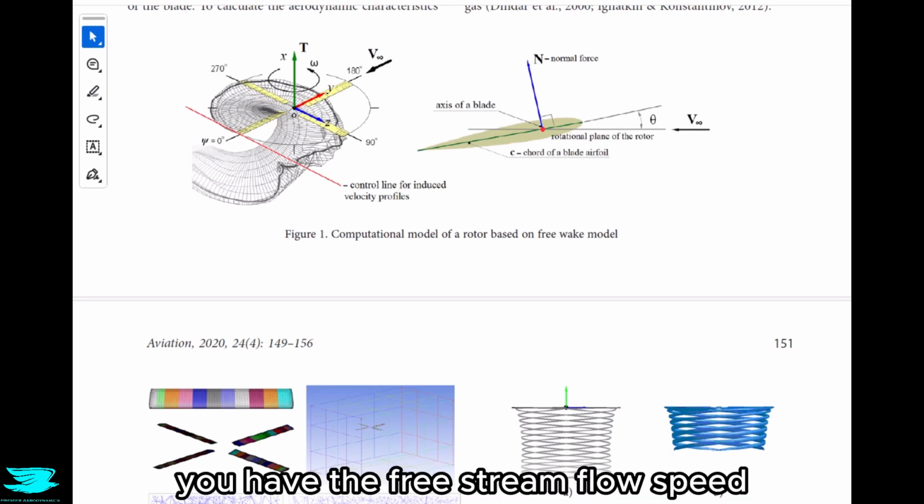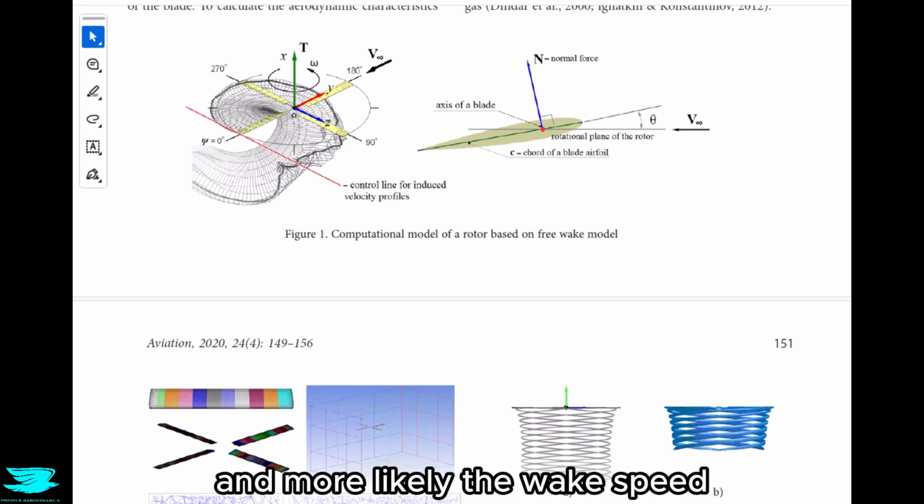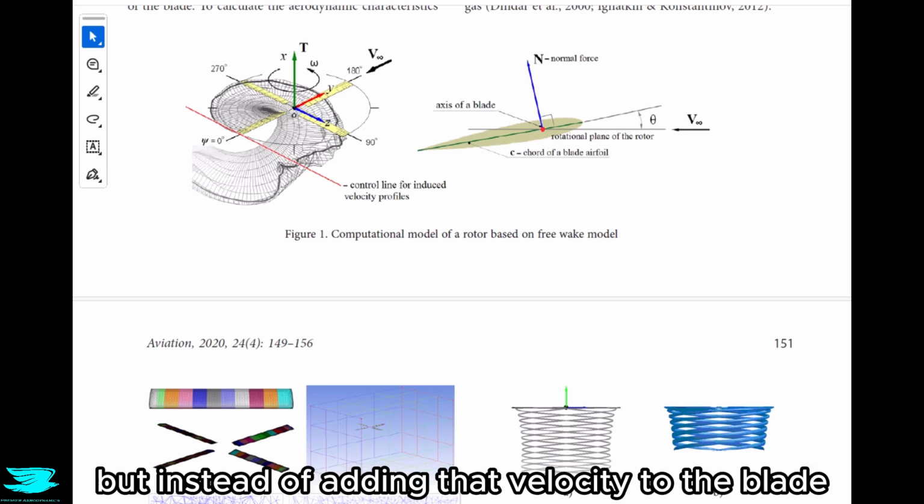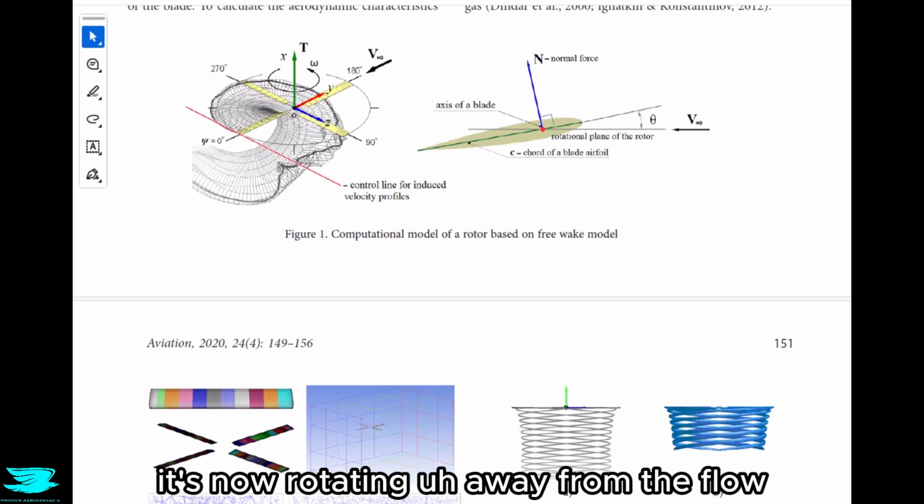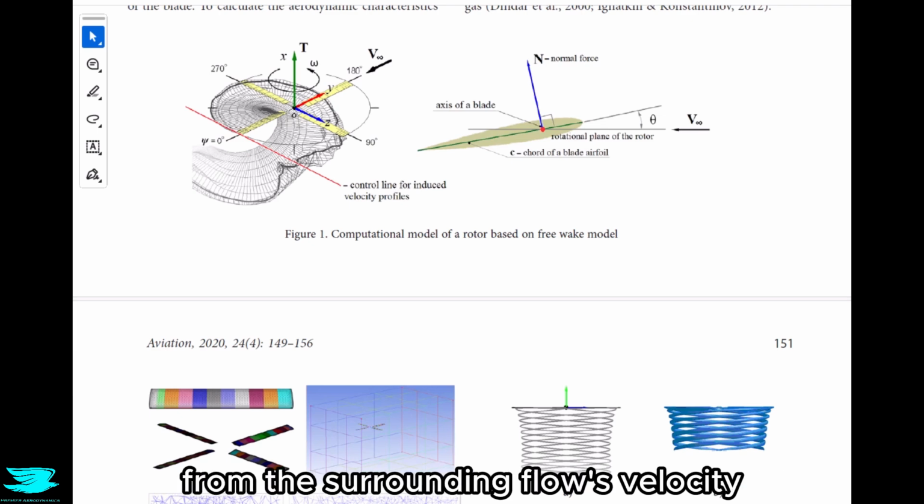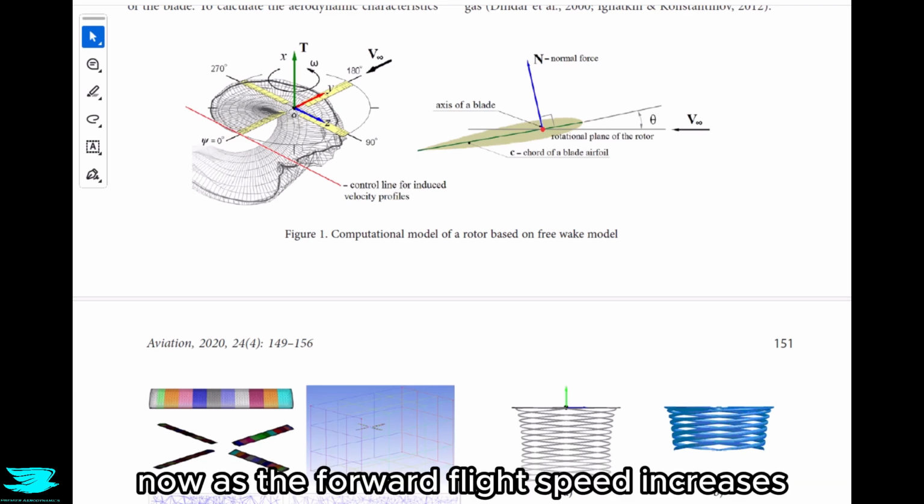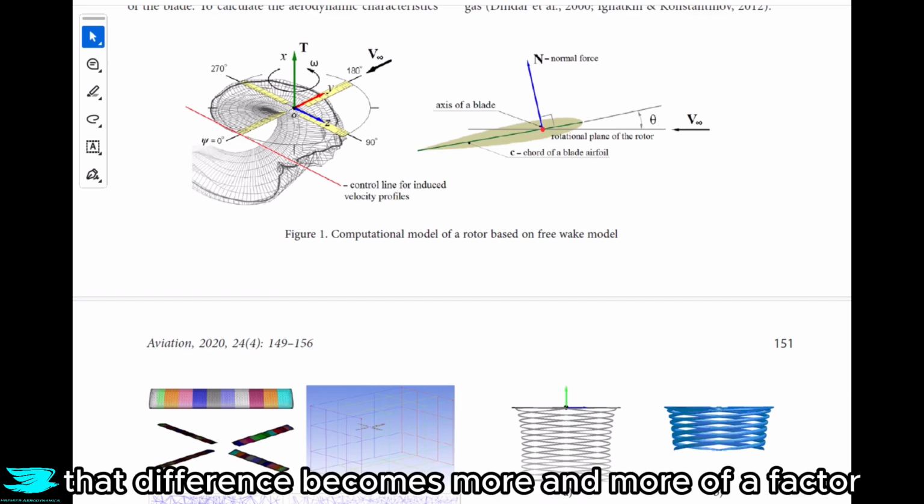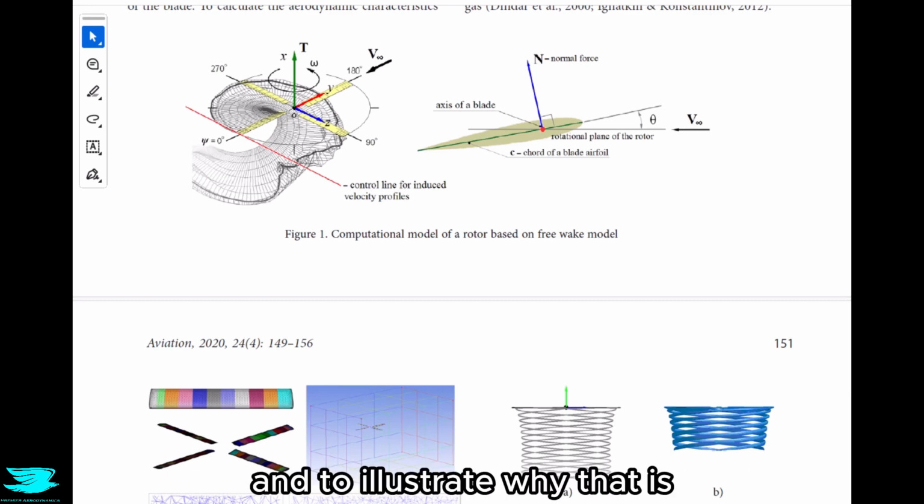Now, when you sweep the blade back around, the velocity is different again. You have the free stream flow speed and more likely the wake speed that you're seeing, but instead of adding that velocity to the blade that's rotating into the flow, it's now rotating away from the flow. As such, you have to subtract that blade's velocity from the surrounding flow's velocity. Now, as the forward flight speed increases, that difference becomes more and more of a factor, and to illustrate why that is,